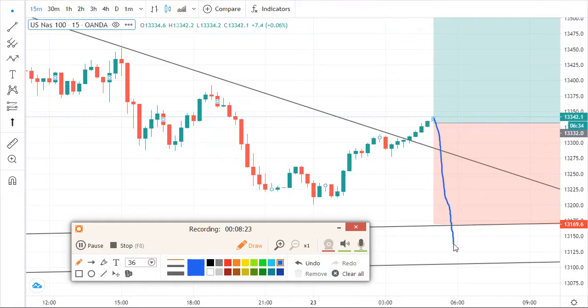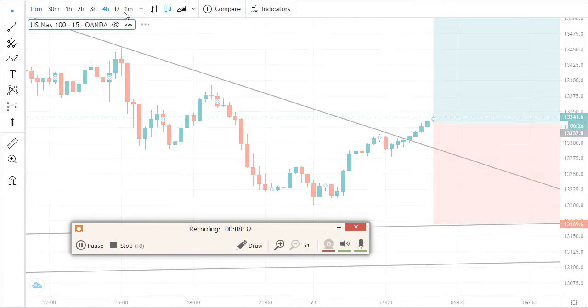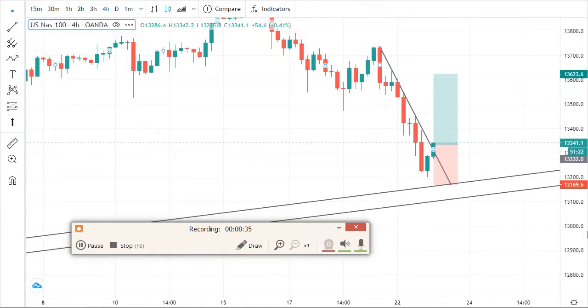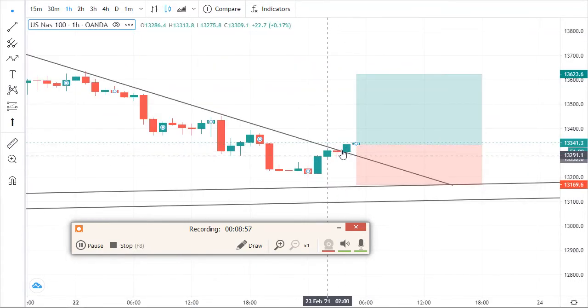So there's a possibility that the market can come and test or retest our 4-hour or our daily support, which is here. You can see it's still a bit far, but there's a possibility that the market can reach this point. But on a 4-hour time frame, you can see these bullish candlesticks don't seem likely to come back again. So that's why I'm trying to show you that if you missed this opportunity here,